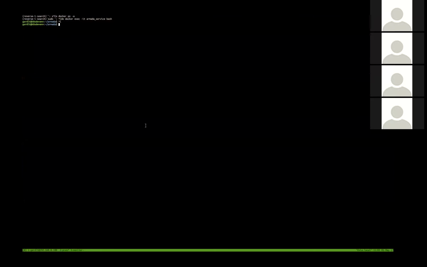And to show you a little bit of the Armada CLI, since it's a little more advanced right now, I want to go through a simple deployment. What we'll be deploying today is OpenStack Helm, since it's a project that I know needs